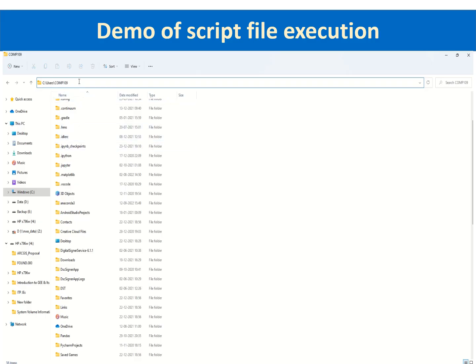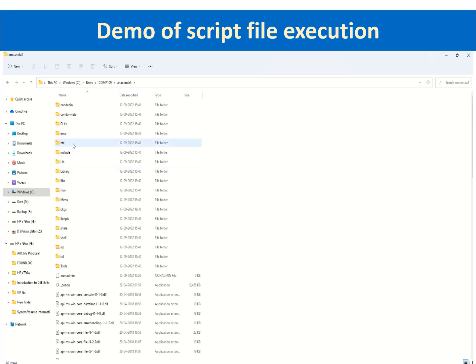Now take care that wherever you have installed, the names of the folders and subfolders should not contain any spaces in the names. In the working directory, you will find the folder Anaconda 3 containing all the environments, then libraries, packages